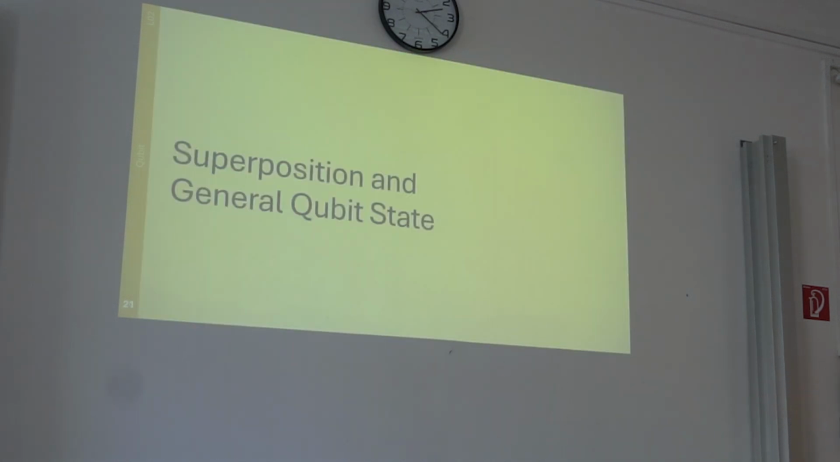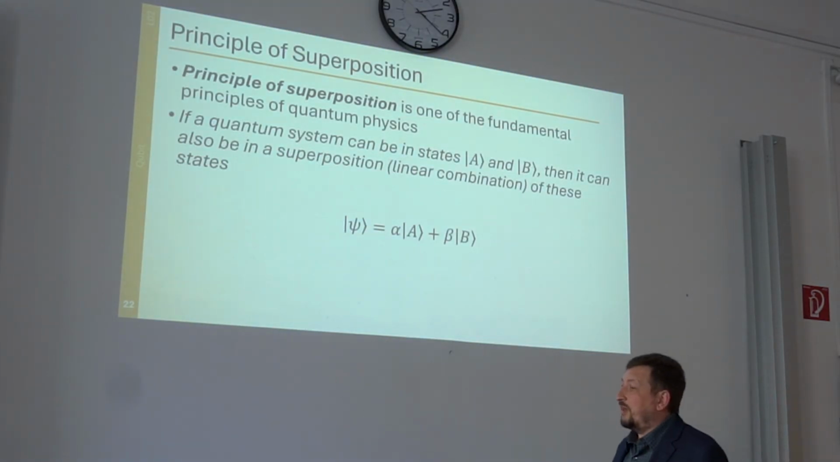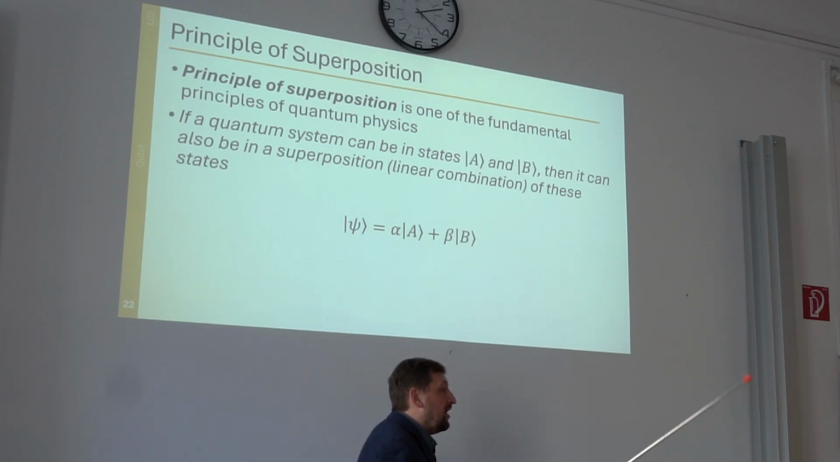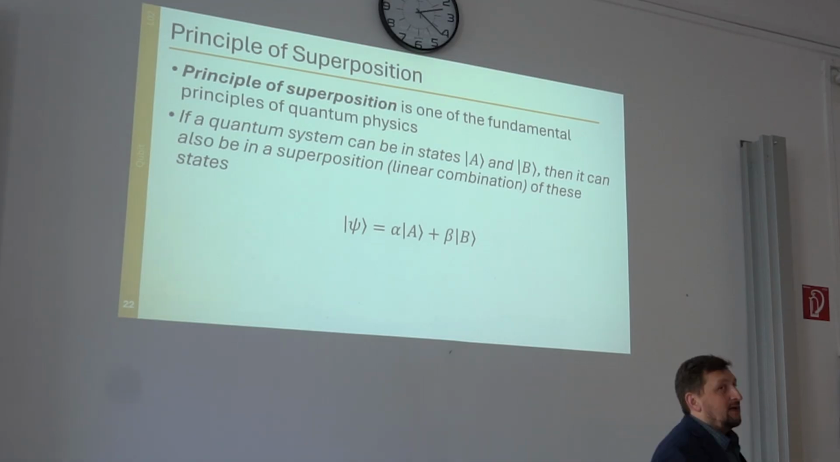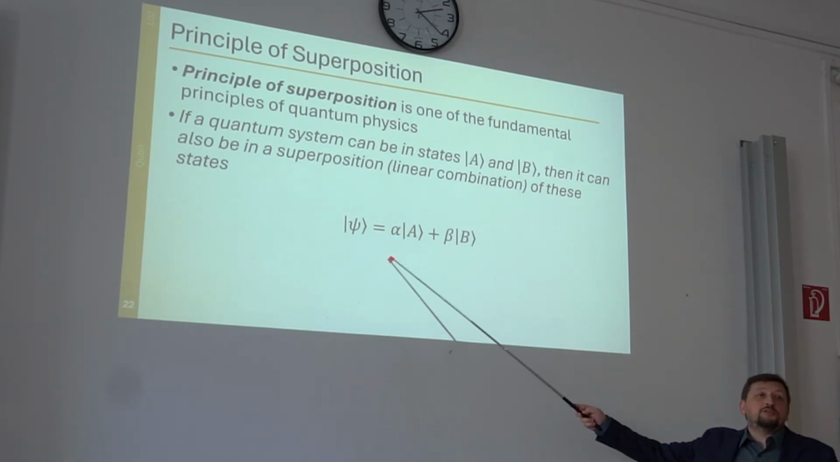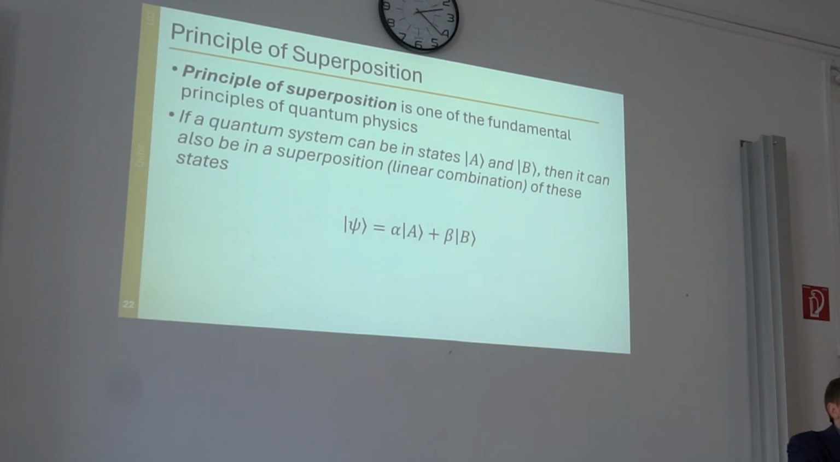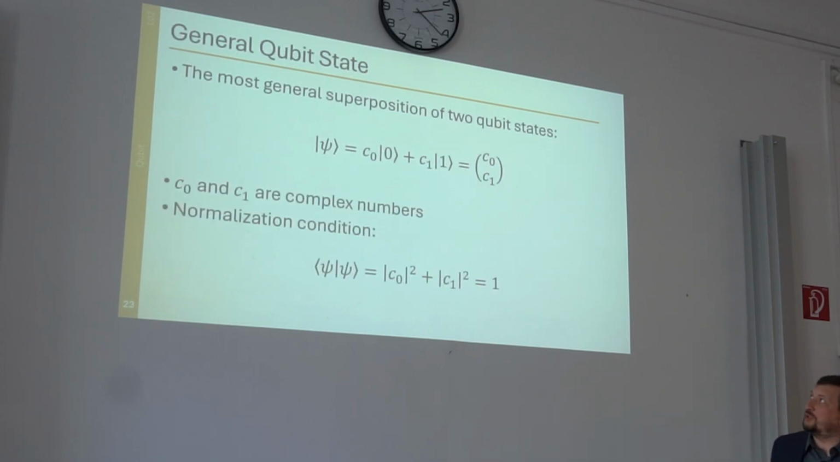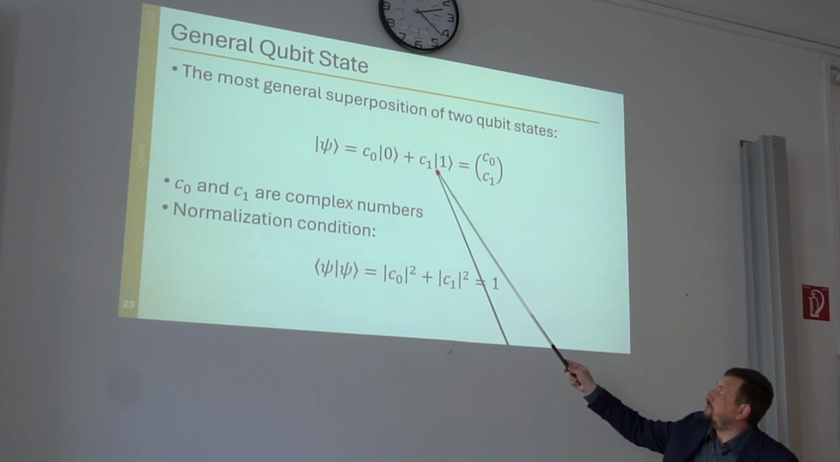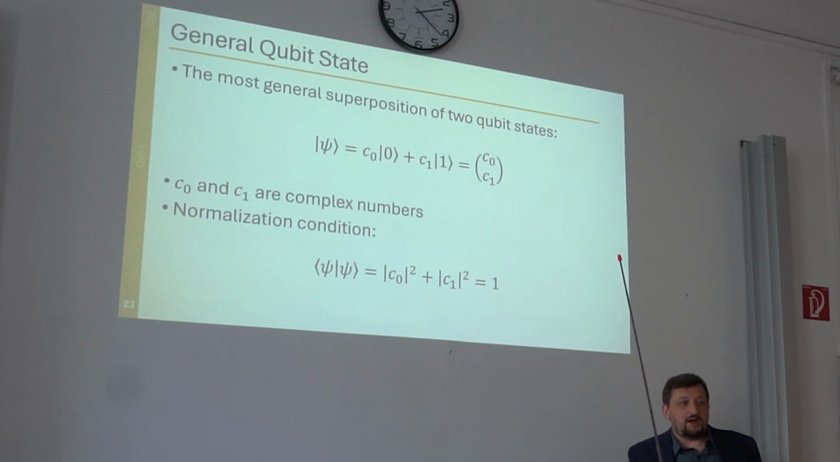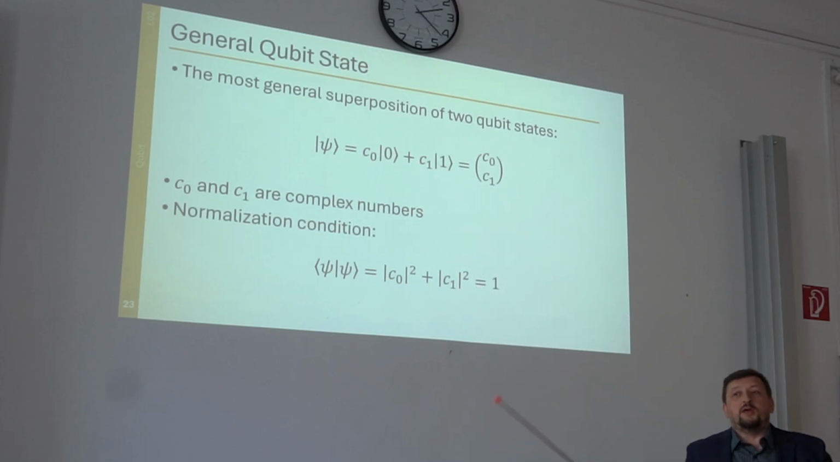Okay, but these are just basis states, and in quantum physics, we have the principle of superposition. So if we can have a system in state A, or the system can be in state B, it can also be in a superposition state like that. For a qubit, we have systems that can be in state 0 or in state 1, so we can form a superposition of these two states like this. Okay. And here are these numbers C0 and C1. They are complex numbers because in